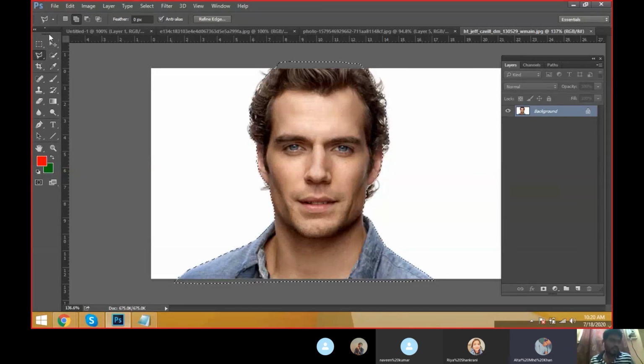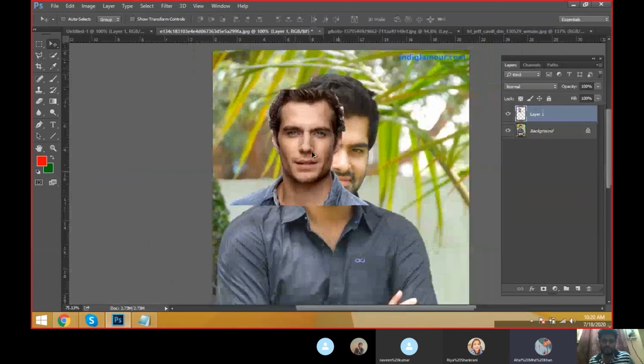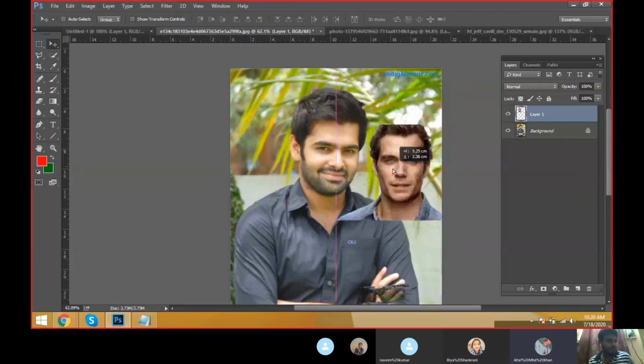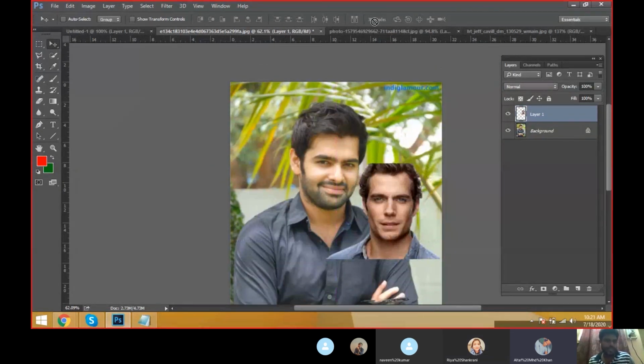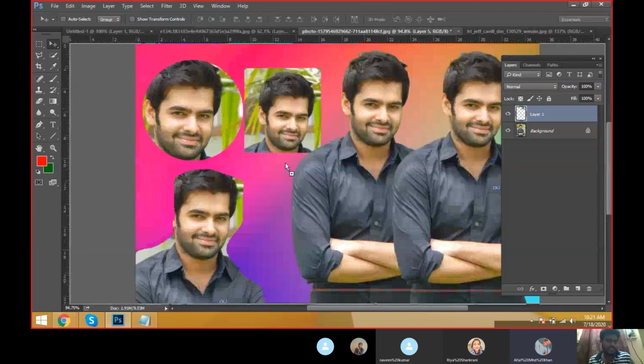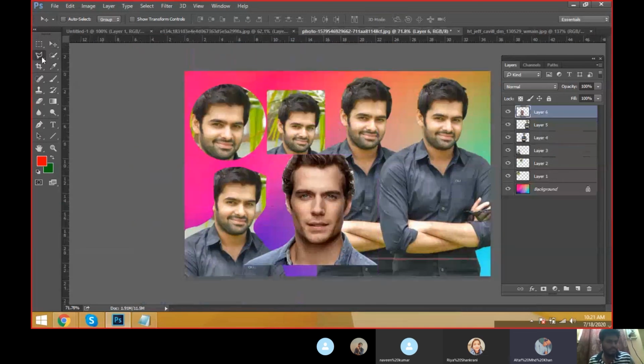Now take a move tool, just move it. It came perfectly. Yes, that is the main thing. Like that, we have to use the selection tools: lasso tool, polygon lasso tool, magnetic lasso tool, and circles and magic wand tools.